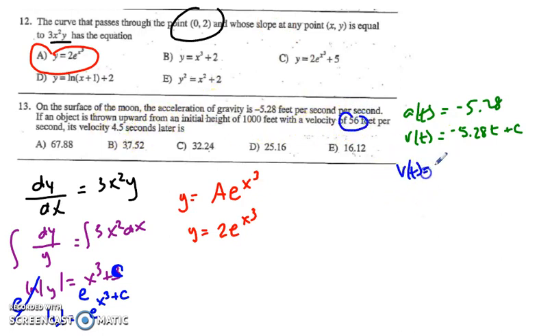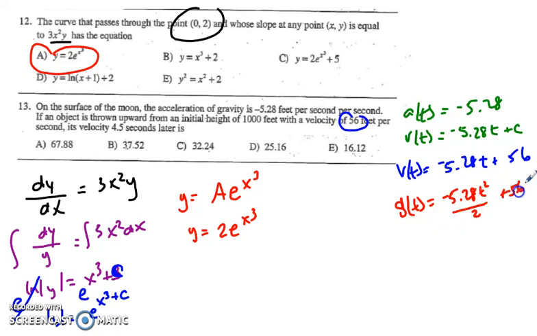So my velocity equation is negative 5.28t plus 56. Then I need to integrate to get to position, so that's s of t. I go up another degree, so negative 5.28t squared over 2 plus 56t plus some other c value, which they gave me as 1,000. So my position equation is going to be negative 5.28 over 2 t squared plus 56t